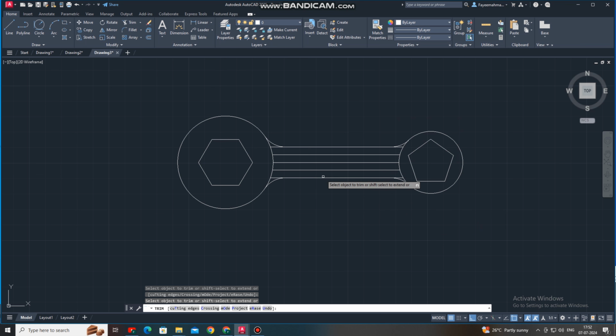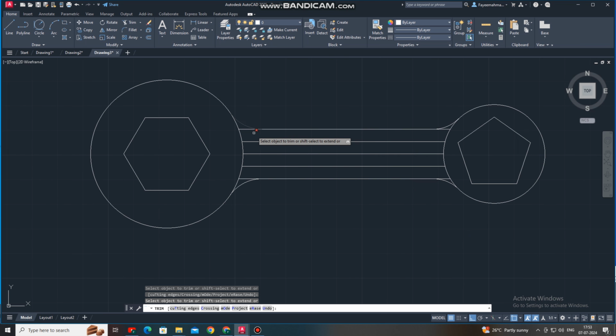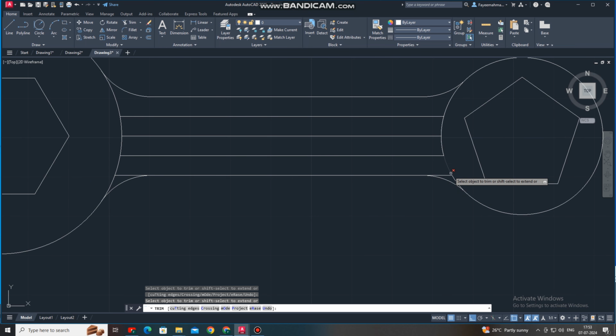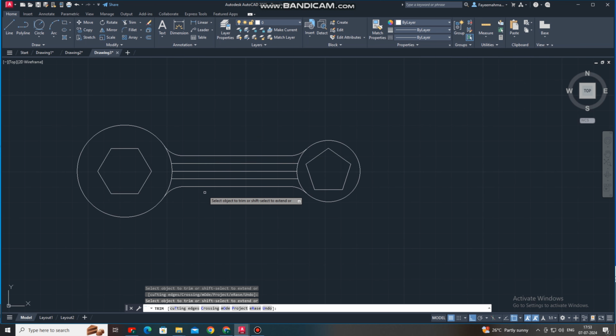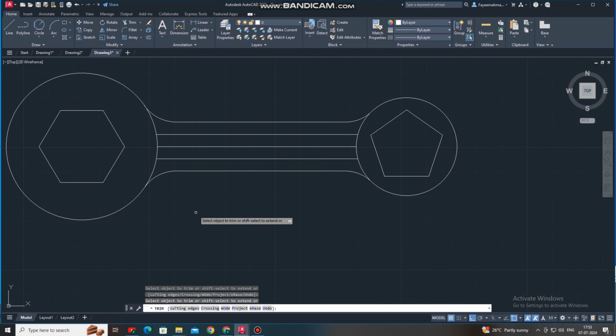Okay, so here it just trim this also. This one and this line also. Okay, so here we will just trim out this portion.